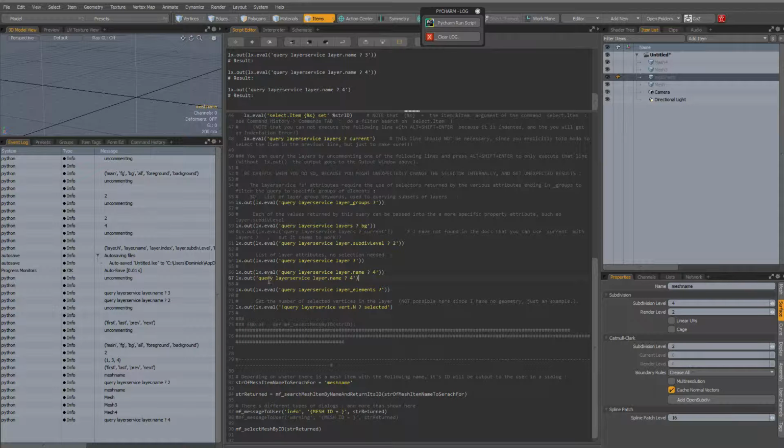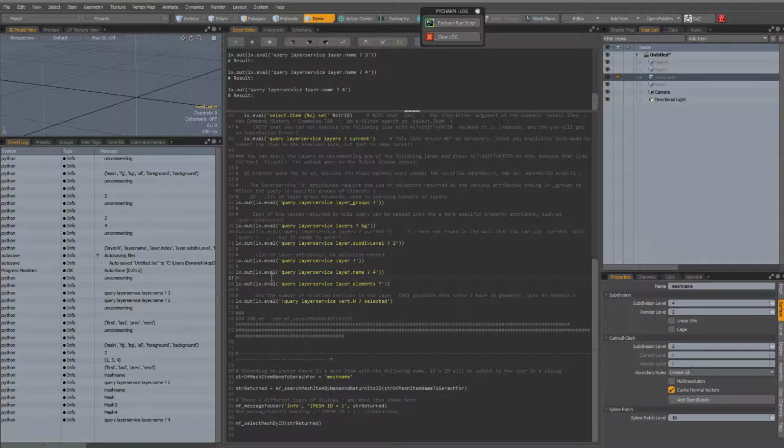And of course, what I'm doing here is nothing else than just printing a string. So I'm just printing query layer service layer.name question mark 4 to the event log. And that was, of course, not the point. I'm just learning everything, so mistakes will be made. So I have to delete that line, and what it should have been is alex.out,